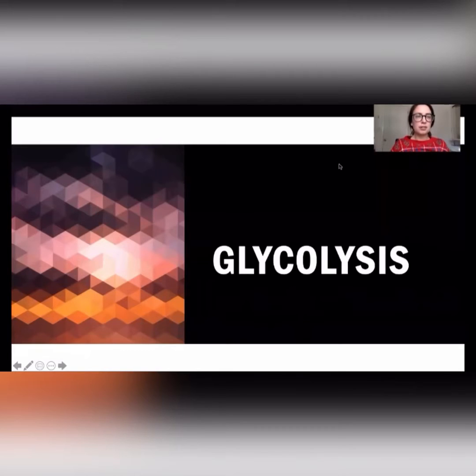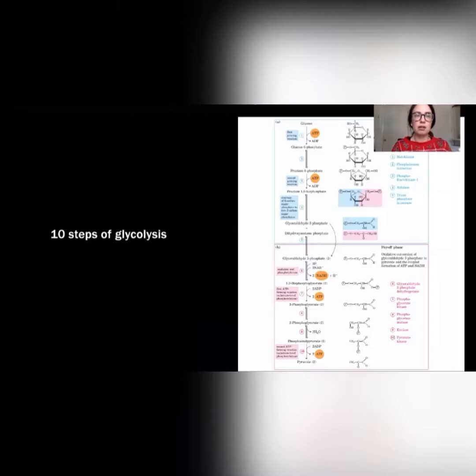Today we're going to be focusing on glycolysis, and we'll be focusing on aerobic glycolysis. This is dominant in the fed state when glucose is abundant and is the first metabolic pathway of cellular respiration to produce energy in the form of ATP. It is a 10-step process occurring in the cytoplasm of nearly all cells, and through a series of enzymatic reactions,